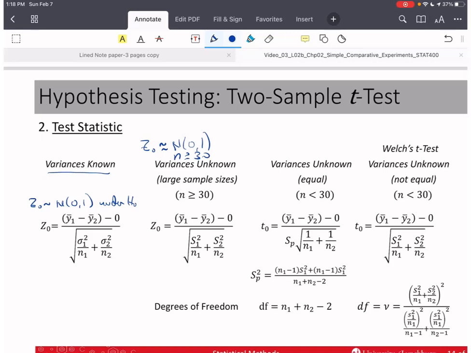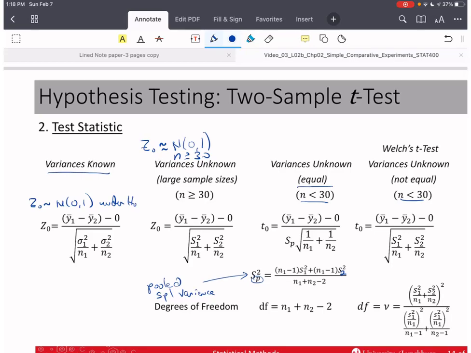All right. And so then we would have, what if we have small sample sizes? This happens a lot. So we have two cases here. The variances are unknown. If we assume that they're equal, we're going to use the pooled sample variance. Okay? The pooled sample variance. That's what the P is for. And so we take this weighted average, if you will, of the variances,